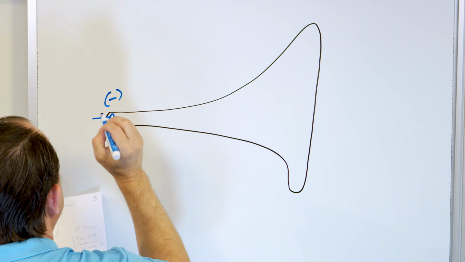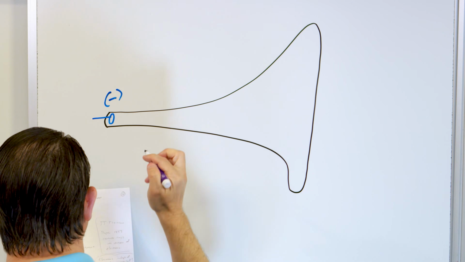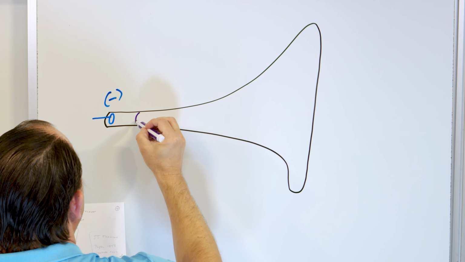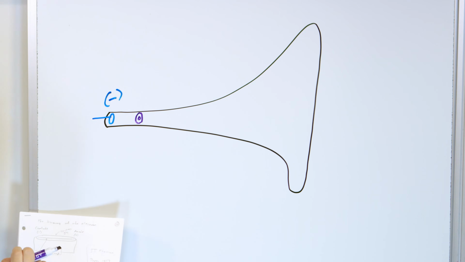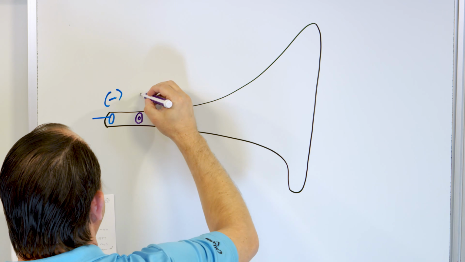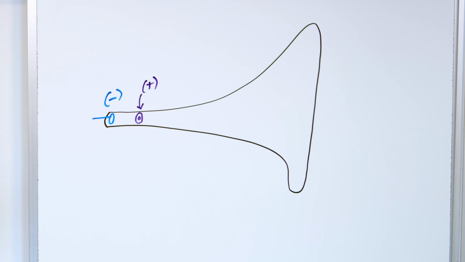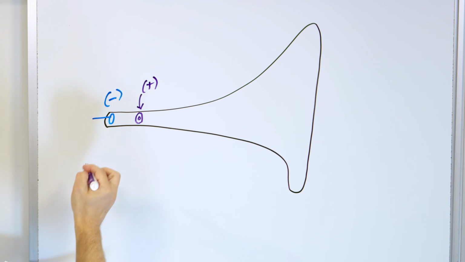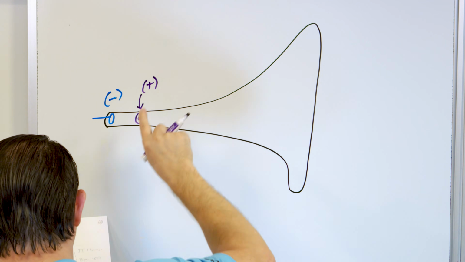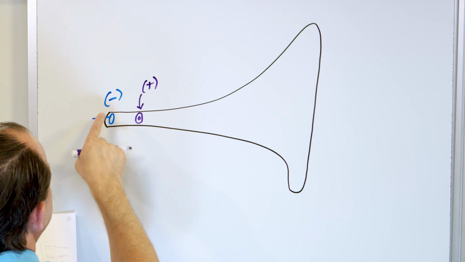I'll put a negative charged object right there. And then down the way a little bit over here, you create an anode right here. But what you do is you put a hole in the anode here. So what I'll call this thing is the positive terminal, the anode. Okay, and then you have a connection point to this guy right here, and I don't want to draw the rest of the circuit because I'll clutter things up, but basically you generate the electrons here,